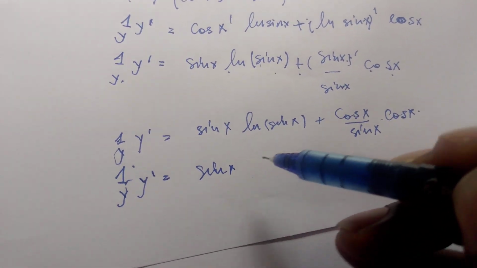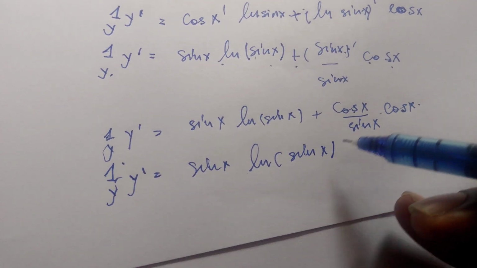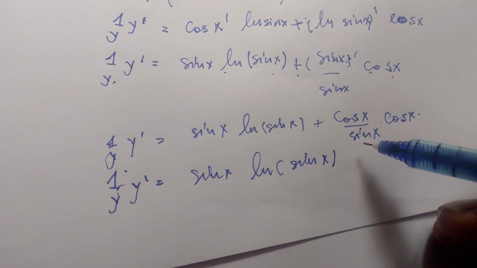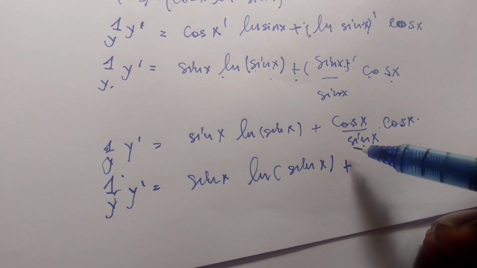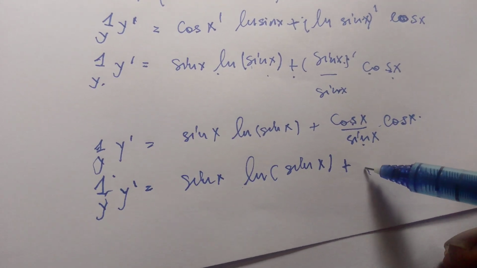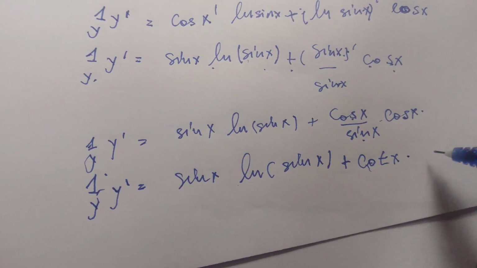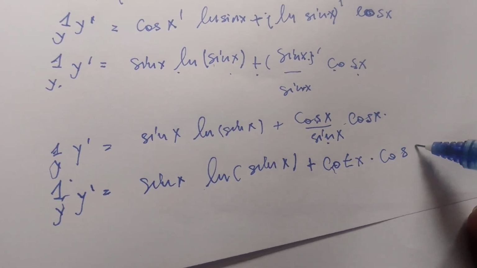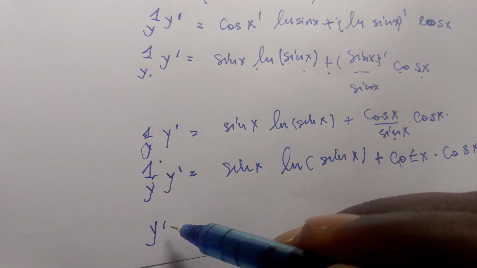This is minus sine x ln sine x, then cosine over sine, what is it? It is cot x, then cosine x. So y derivative